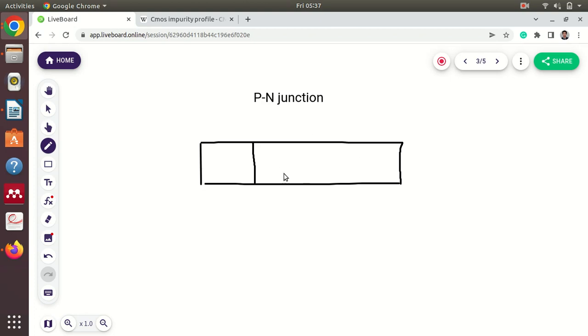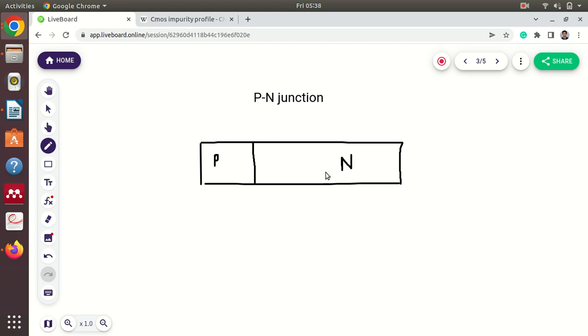Here we dope a trivalent impurity, and here we dope a pentavalent impurity, for example arsenic. So this part of the slab will become p-type. This is basically a silicon slab or germanium slab, which has tetravalent nature, and this part will become n-type because